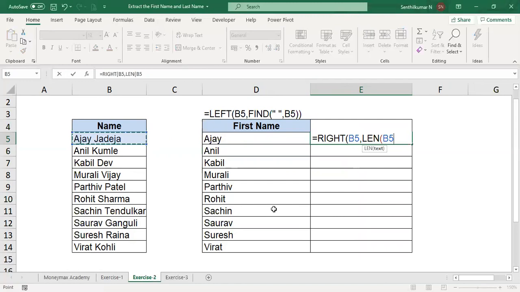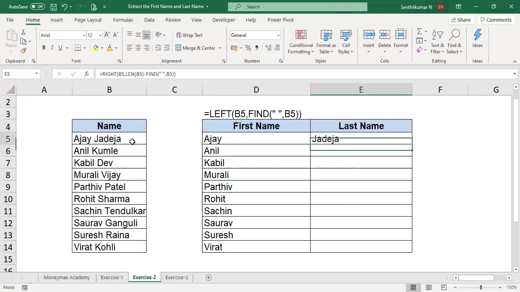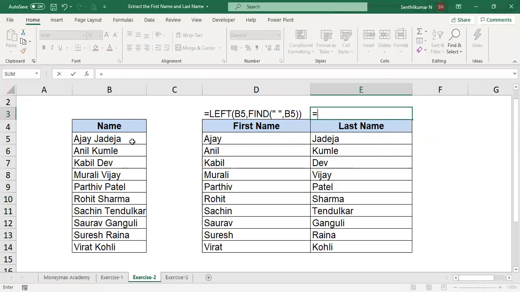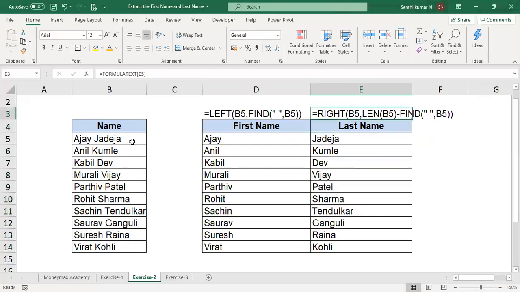So you select the length, minus, then find: open the inverted comma, space, close the inverted comma, comma, select that text. You will get the last name separately. This is the formula. Use the right formula.